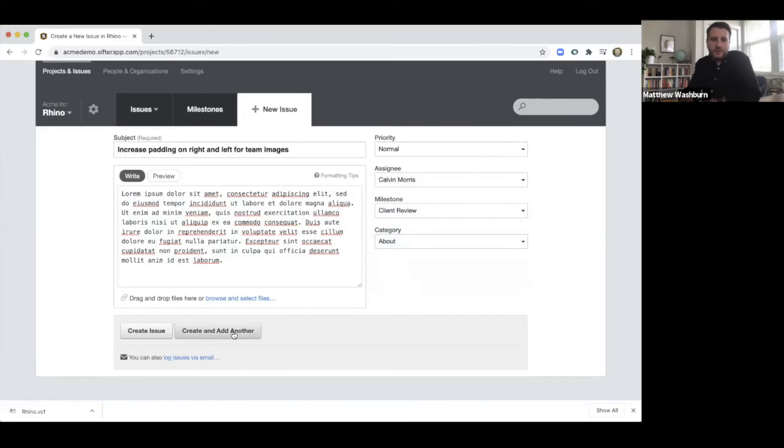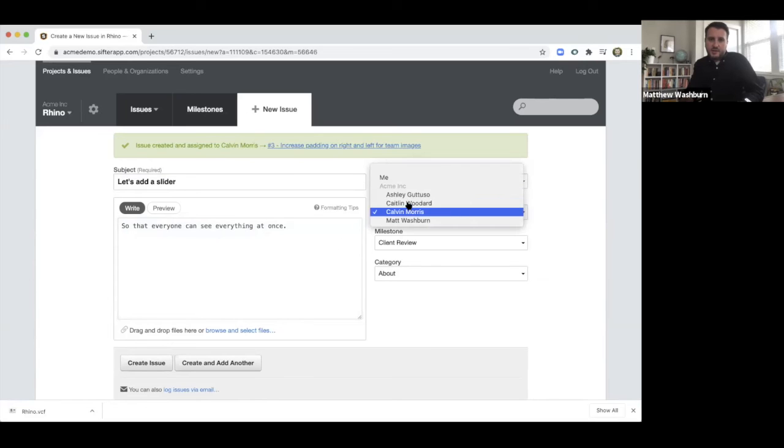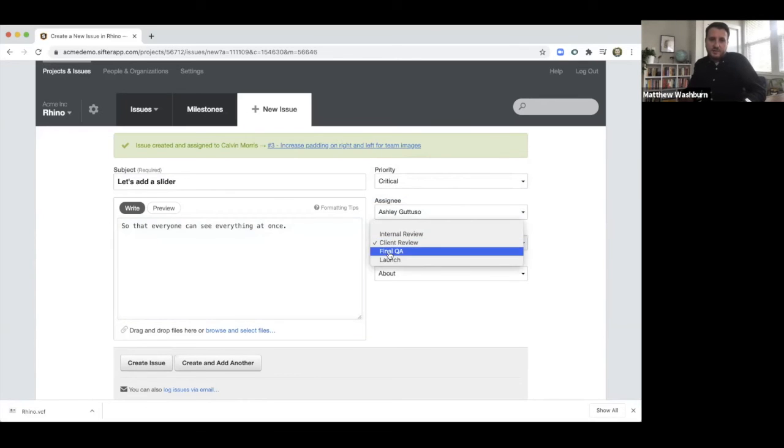If I want to speed up my workflow a little bit, instead of create issue, I can hit create and add another. And that takes me right back into an edit screen so that everyone can see everything at once. This is critical, gotta happen. And Ashley's gonna help us put that one together. And that's part of our,